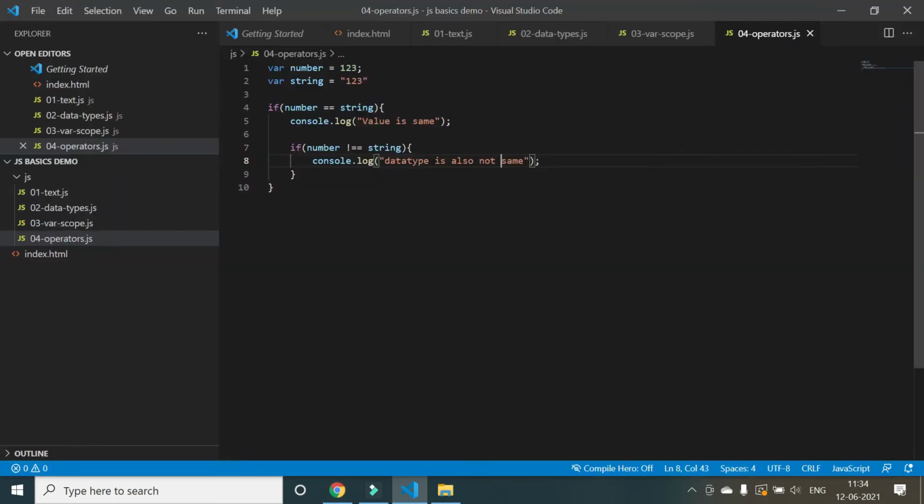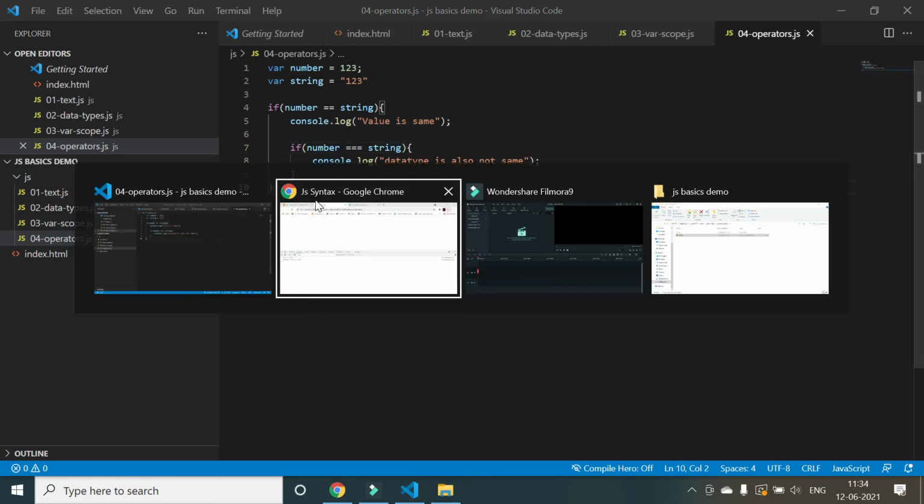Now it says data type is not same. So you got the point. Not equal to will check if the data types are not equal, and it will also check for the value. It is not just the data type, it also checks for the value. And the triple equality operator checks whether the data types are the same or not.